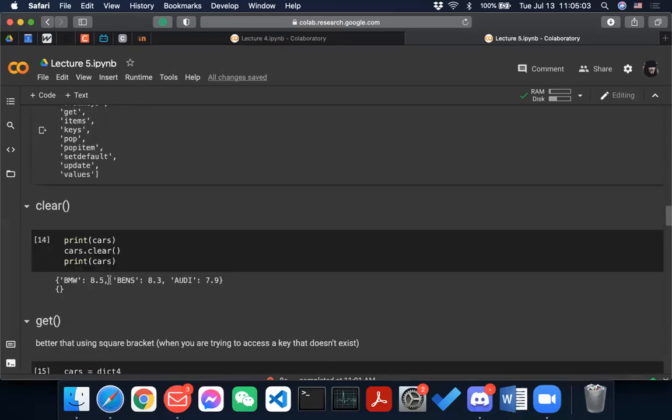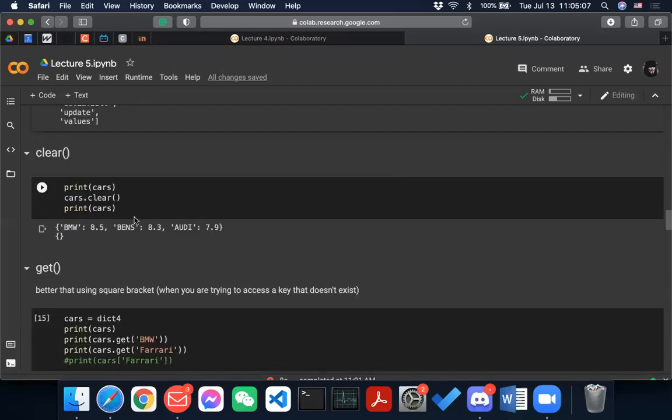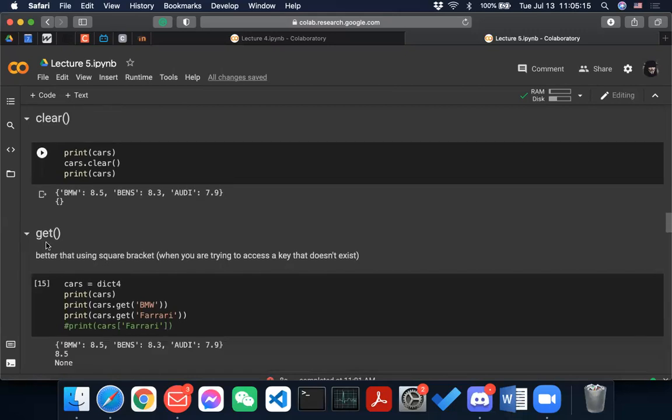The method clear just means that it clears the entire dictionary. That is self-explanatory.